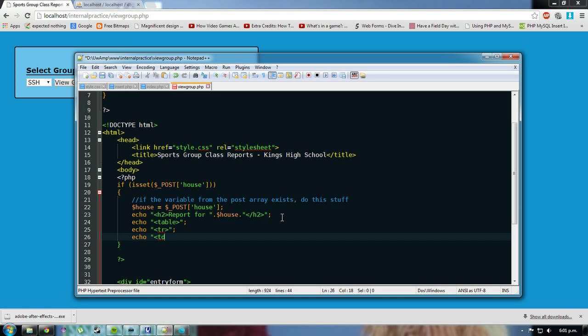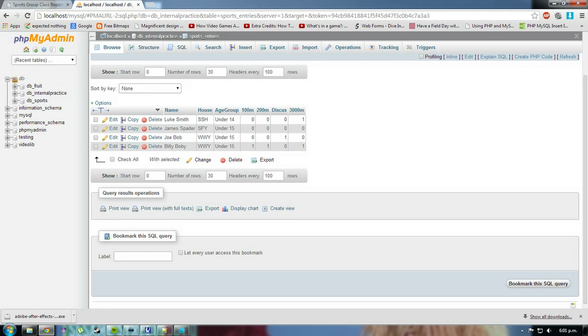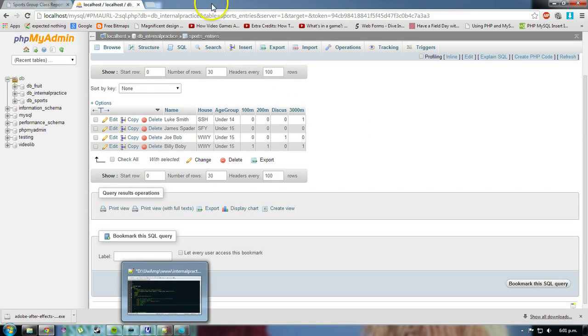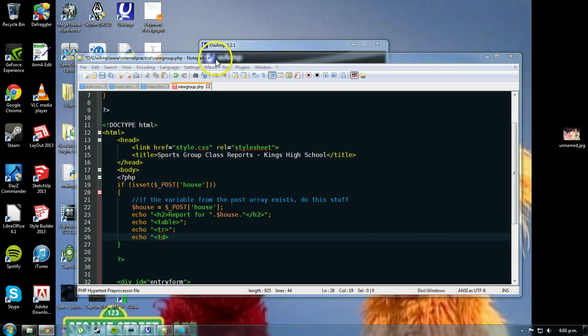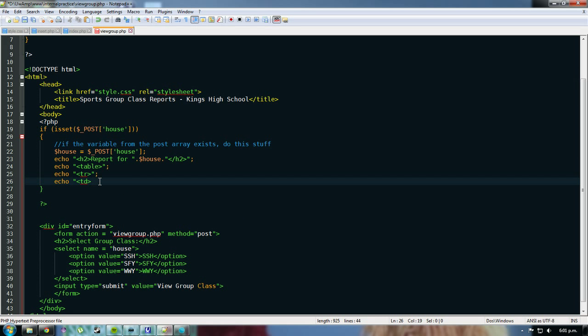td. Now this is going to take a little bit of time, so I'm just going to do this pretty much without talking, but we'll go through and have a look at the database. So I need name, house, age group, 100 meter, 200 meter, discus, 3000 meter. So I'm just going to put that to the side so I can see it. TD name, and I'll do this all on one line. TD, this can actually be TH since they're headers. TH